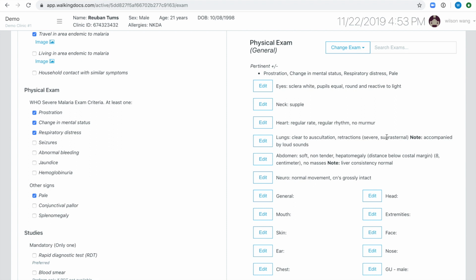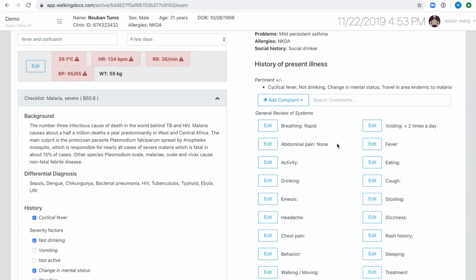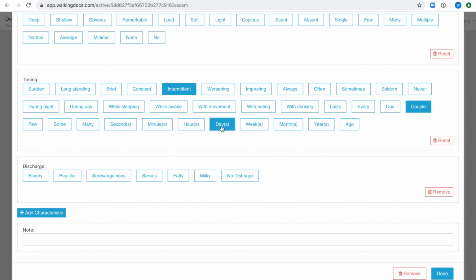Similarly, the provider can add to the history outside the checklist. We already talked about one way of doing this, edit to a common review of system box. Another way is to manually enter a symptom in the add complaint box, shown here. Let's say the patient has been vomiting blood for 2 days intermittently. The user can record this as vomiting, select, enter in severity. Let's say it's been severe, but it has been intermittent for 2 days. And we'll enter in the fact that there has been some blood noted in the